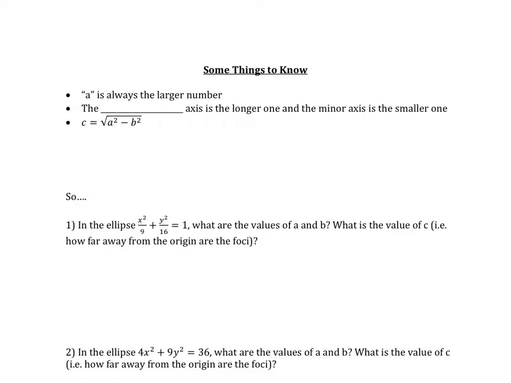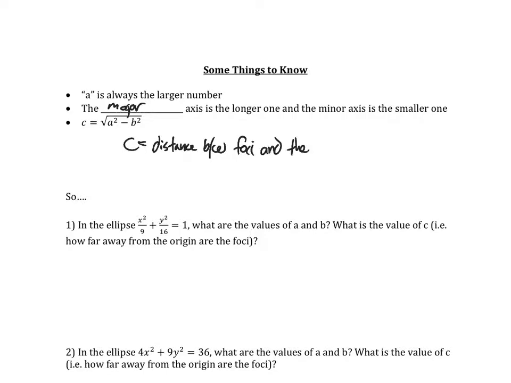the major axis is the longer one, and the minor axis is the shorter one, or the smaller one. And then c squared equals a squared minus b squared. Okay, c, I'm just going to tell you, c equals the distance between the foci, oops, that's terrible,